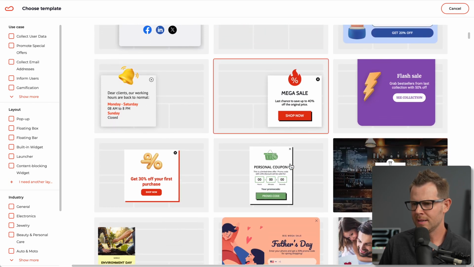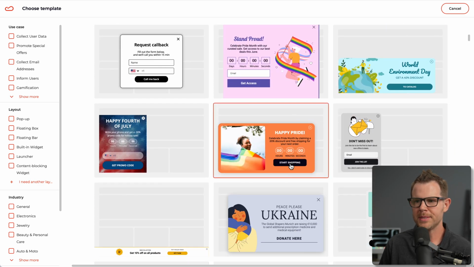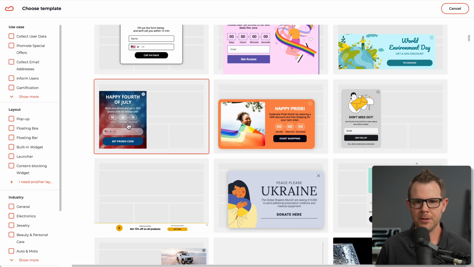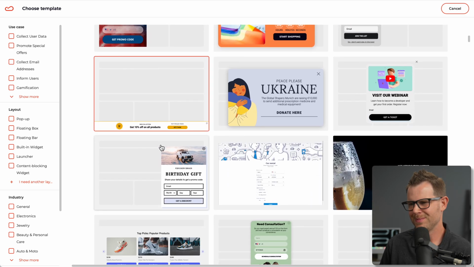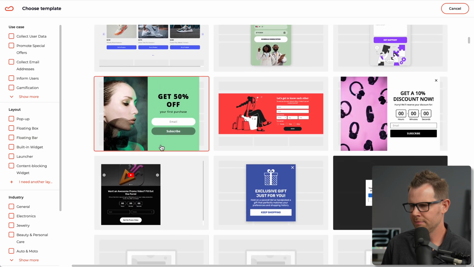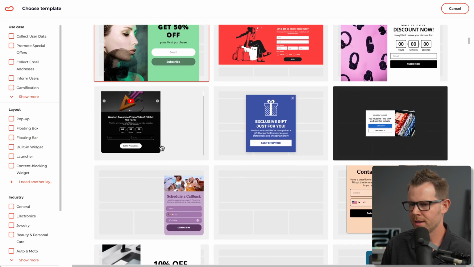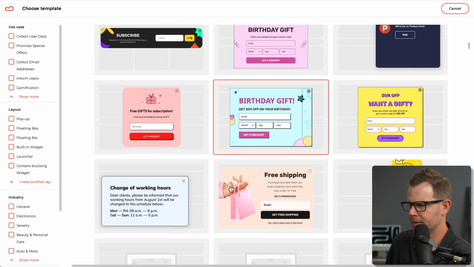This is great because you don't want to spend a lot of time building out something like an opt-in page or a 4th of July sale notification when the sale might only be up for 3 days. So it's great to reuse these templates. Obviously personalize them, make them your own, but you don't necessarily need to spend a ton of time redesigning it when it's going to be a temporary thing. All right, so I'm just going to pick one of these and we're going to go into the editor and see what